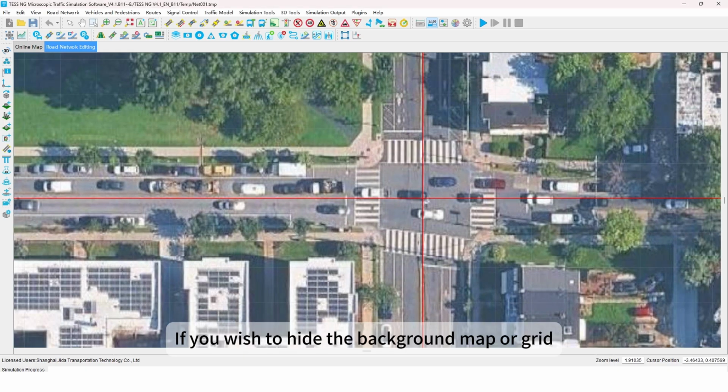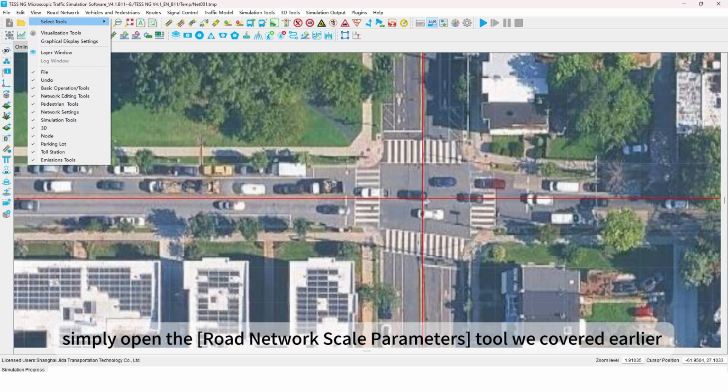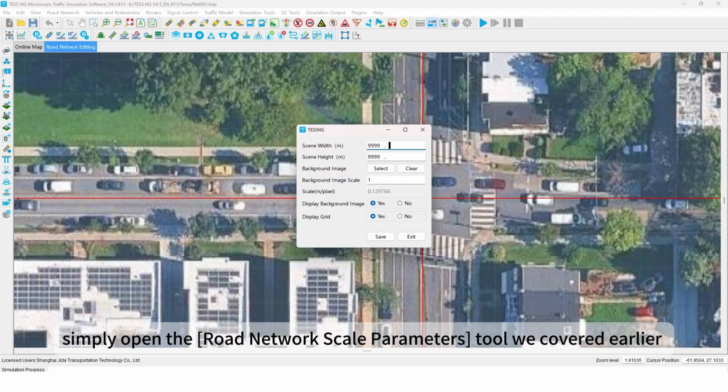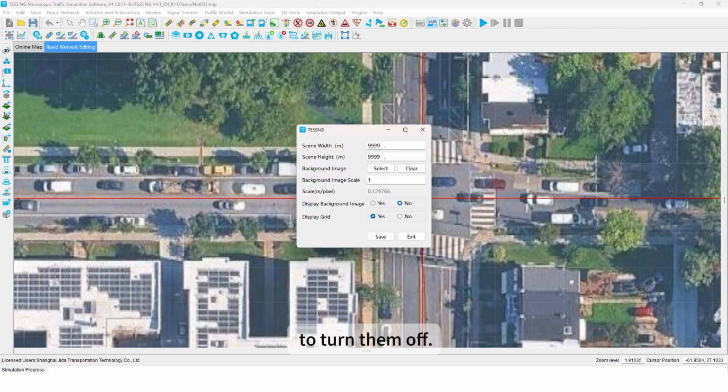If you wish to hide the background map or grid, simply open the Road Network Scale Parameters tool we covered earlier. To turn them off,